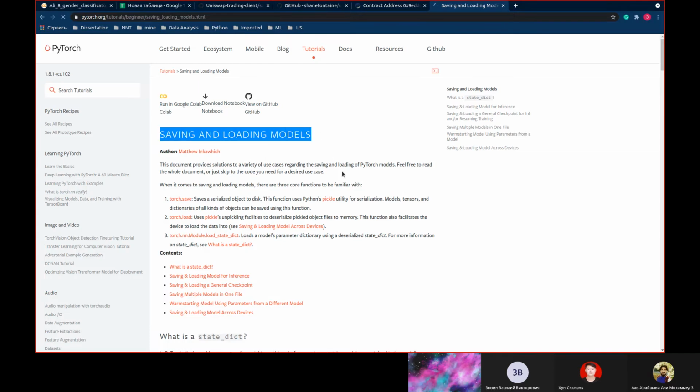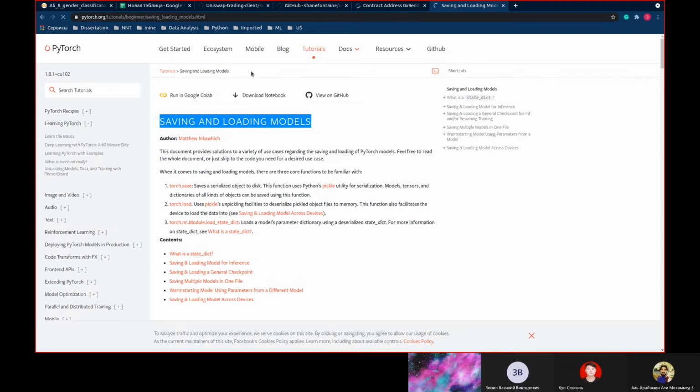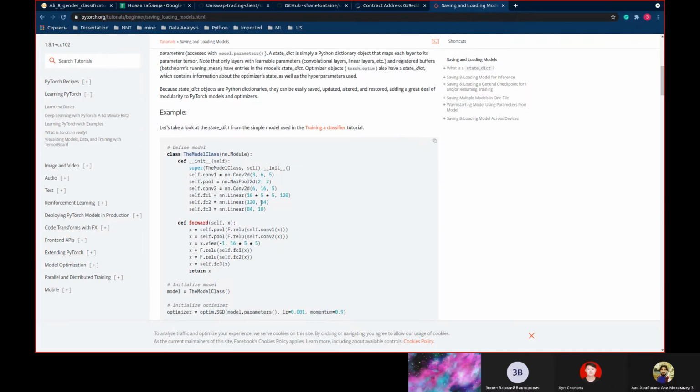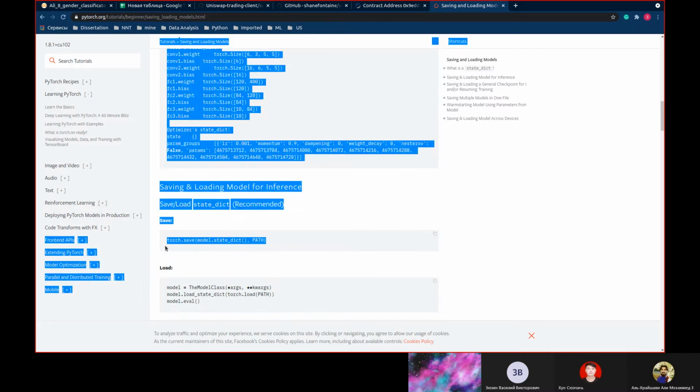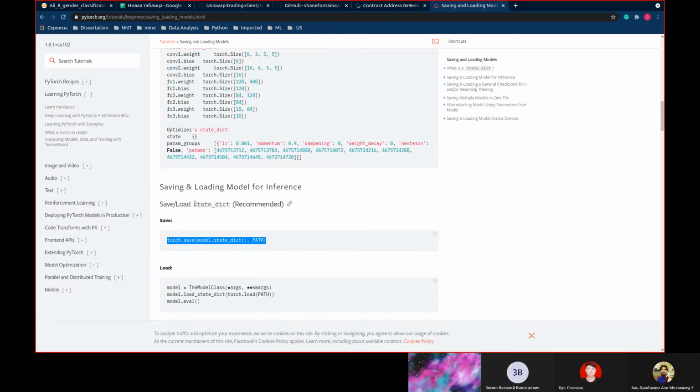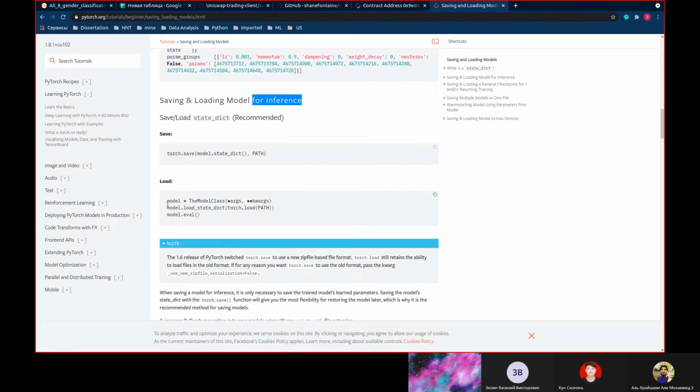Always you can save and load models. I guess that it will be useful for you if you read this small article on how you can save the model weights. Yeah, here is some simple line. Here you can save the model. State dict means that you just save the inference model or weights, and you can always load these weights into your model and compare them.